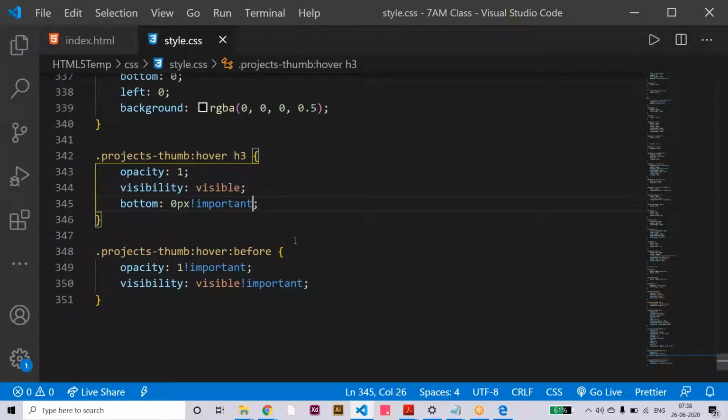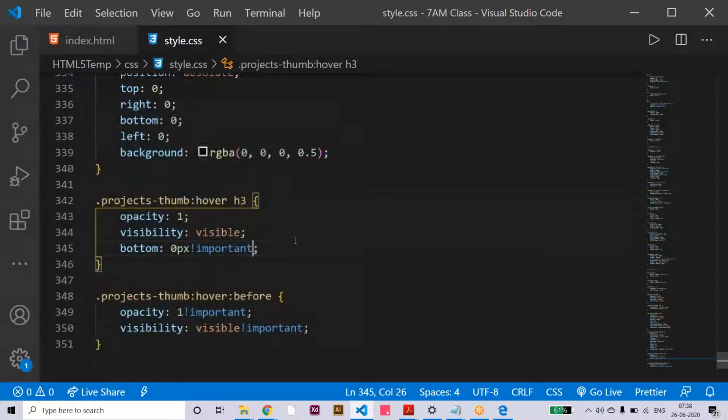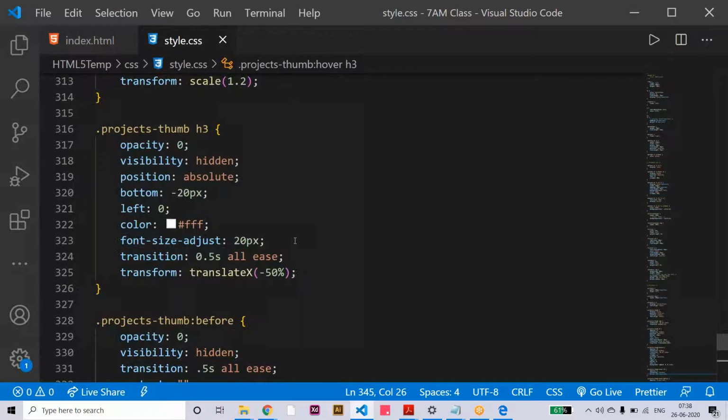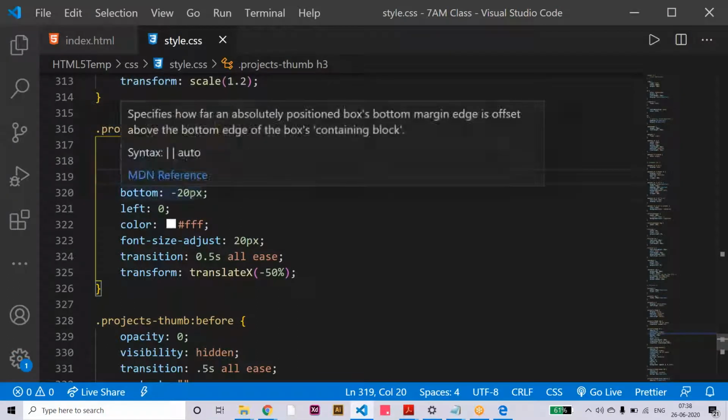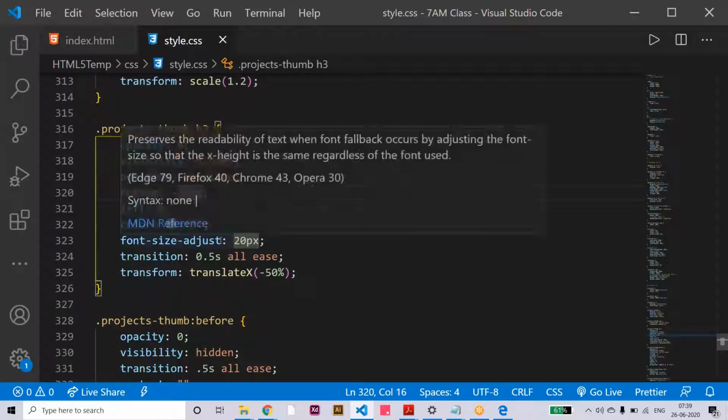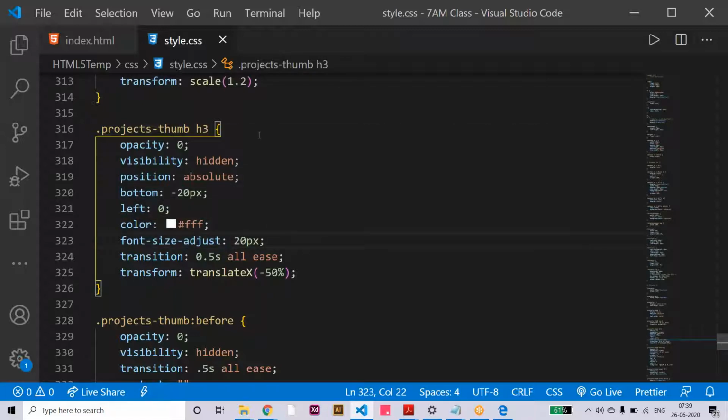History visibility, opacity, important for the history content. So here is opacity 0, visibility hidden, position absolute, bottom at 0, color. Yes, some mistake happened. And then transition,